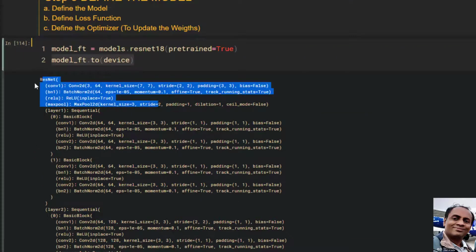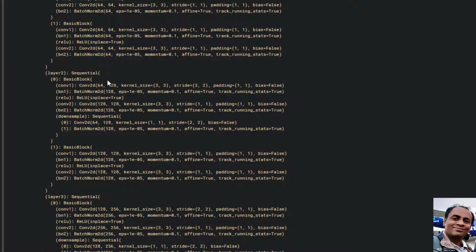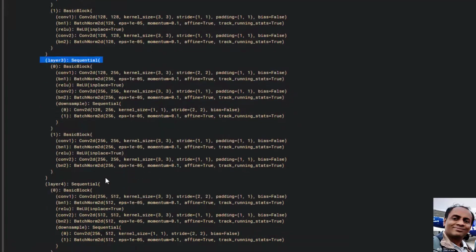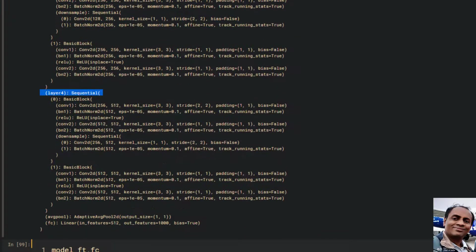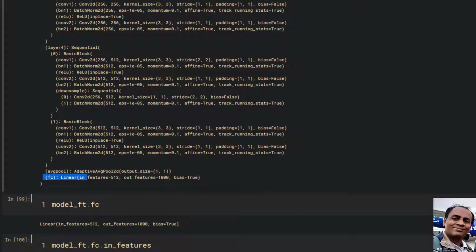ResNet has lots of layers: conv1, bn1, layer 1, layer 2, layer 3, layer 4. We are only interested in the last layer, which is layer FC, the fully connected layer. It has 512 features coming in and 1000 features going out, because this model is trained for the ImageNet dataset, which has 1000 classes.